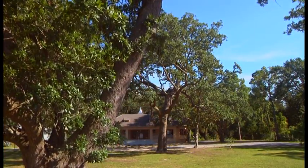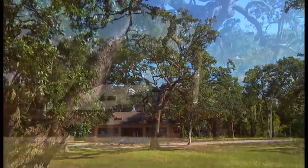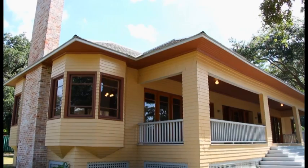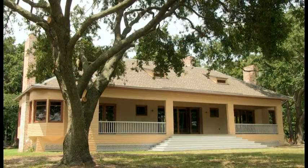Shaded by live oaks, the Charnley-Norwood House overlooks the verdant Mississippi coastline. It's not an elaborate design. In fact, the house seems very straightforward. Yet the Charnley-Norwood House is one of the most significant buildings in America, one that helped shape 20th century American